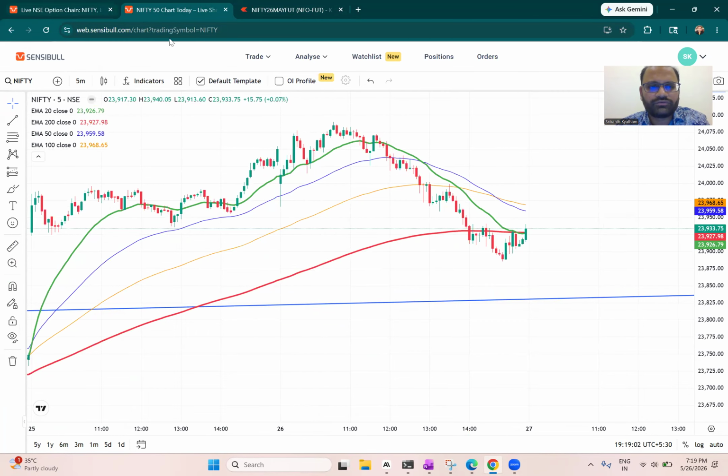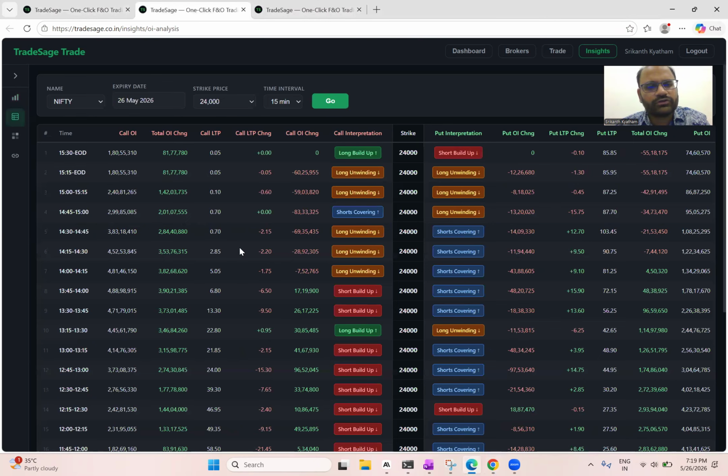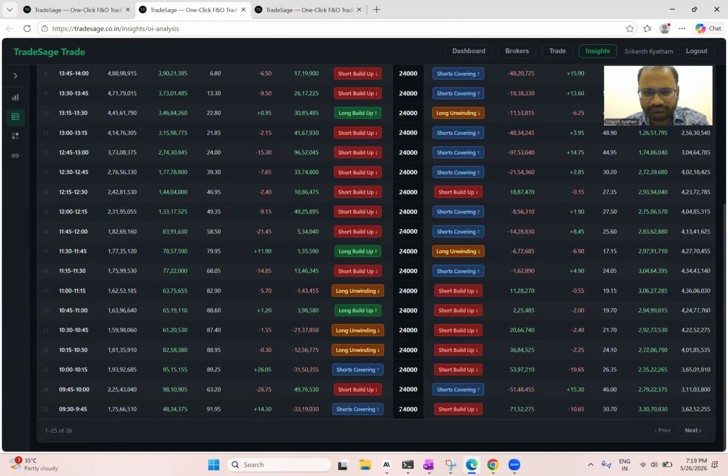Okay, so 24,000 is going to be a pretty crucial zone. So what you could do is track what is happening at the 24,000 PE and CE strikes. Okay, so the 24,000 strike, if you look at it,